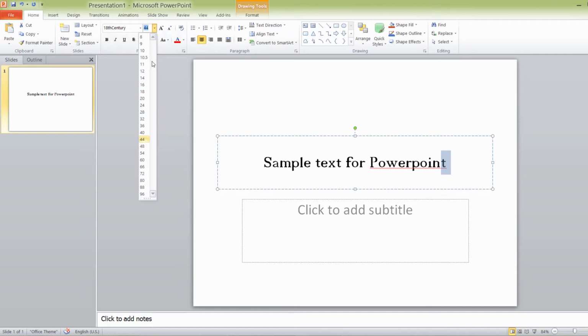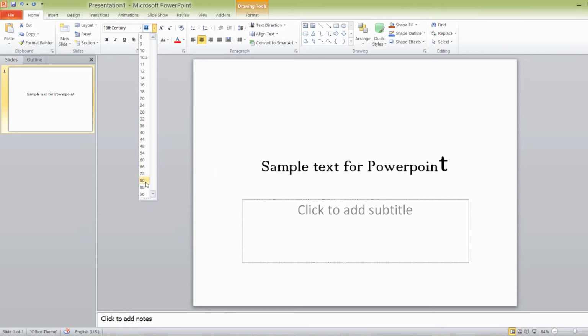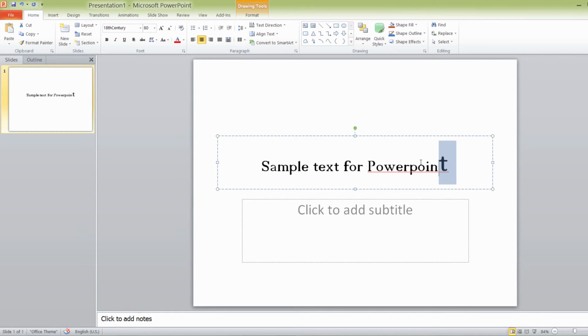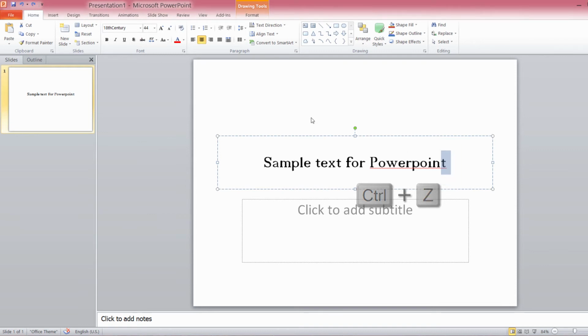But if we go back to the font size and we actually left click on one of the font sizes, just like before, it's going to apply those changes in our workspace. So the next thing I want to do is I'm going to go ahead and undo those changes that I just made. And once we undo that, I'm going to go ahead and highlight the whole title